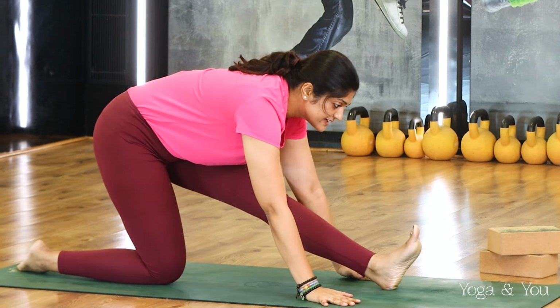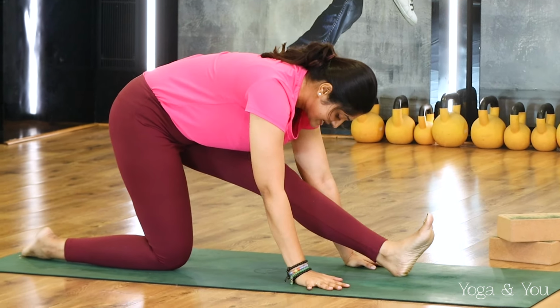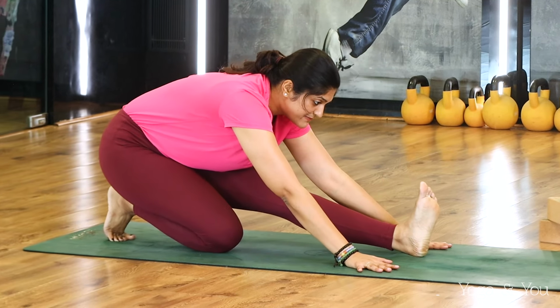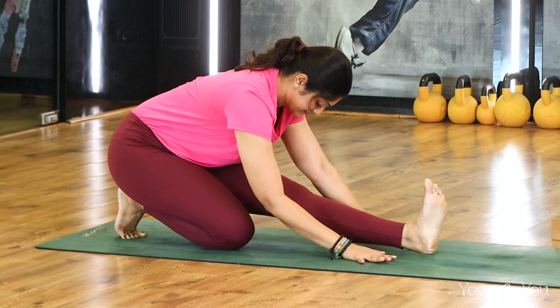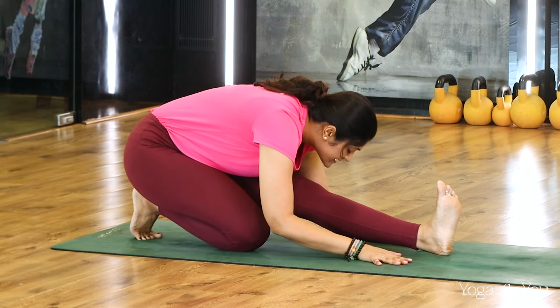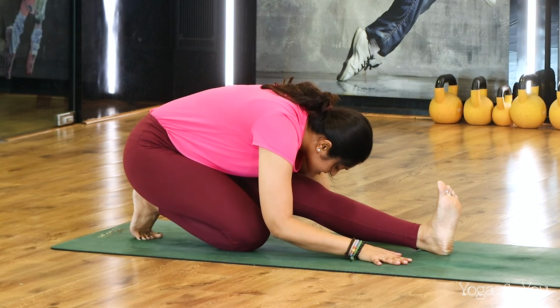Coming into your Ardha Hanumanasana position, half splits, and then if you're comfortable, you can tuck your back toes and sit back on your right heel. Inhale, lengthen your spine, and exhale, fold over the left leg, staying for 5,